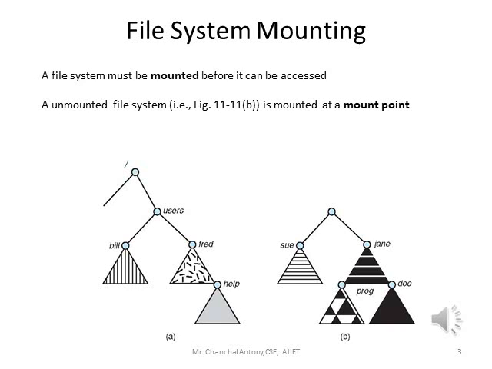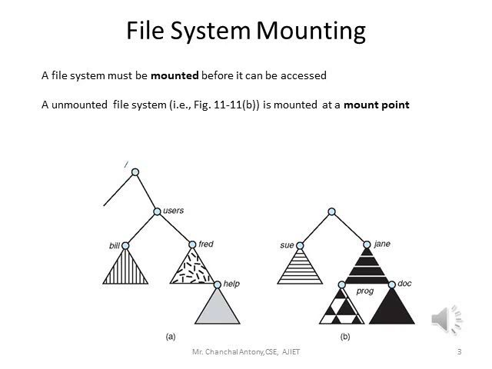Now just look at the diagram here. The first one is a mounted directory, and the second one is an unmounted directory. In the second diagram, you can see a /, which indicates the root directory. The directory path always starts with the root name, which we indicate with /. So /user, and under user you have bill and thread. This is a mounted one. Now what you can see in part B is an unmounted one.